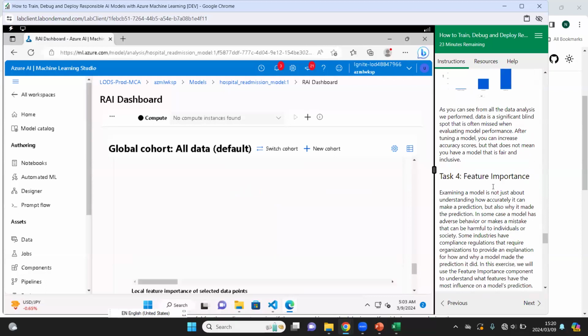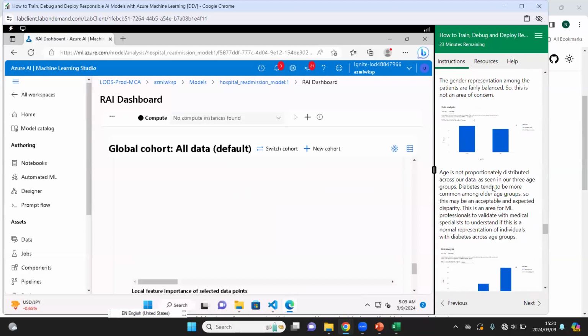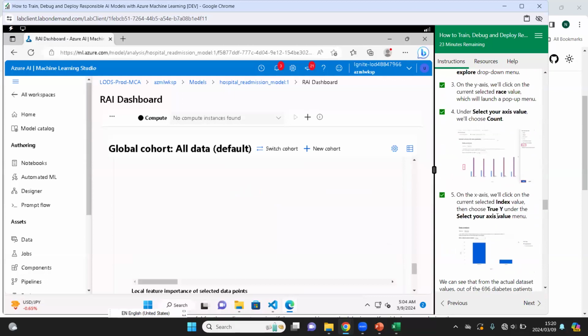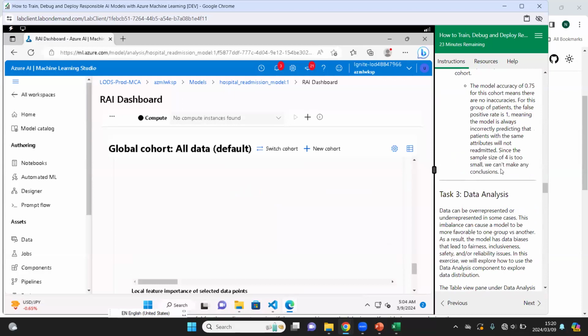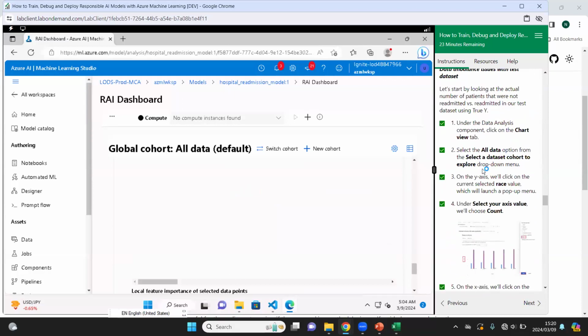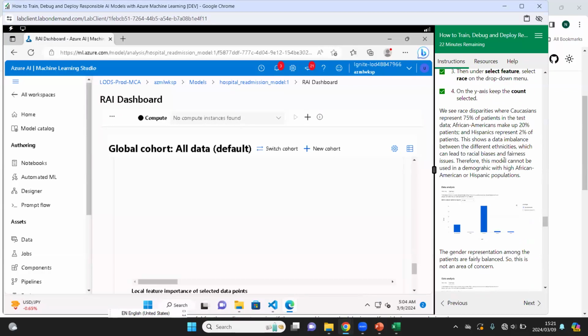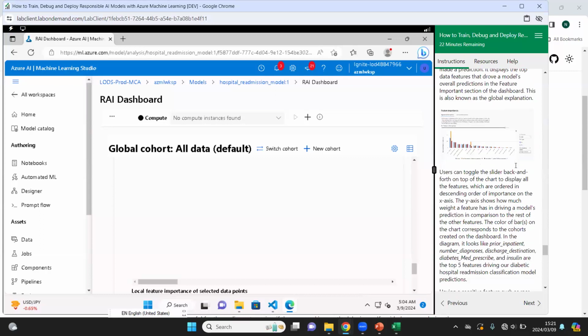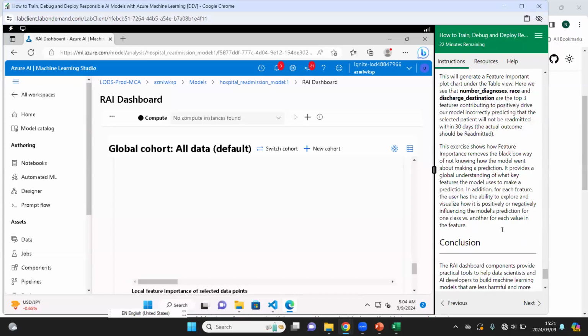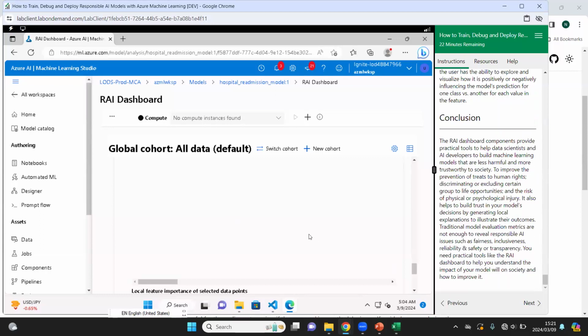We also did data imbalance issues with the test dataset and how it's affecting the model. Then we also covered sensitivity data representation and then feature importance. So basically that's it. Because of these errors that we are now facing, we need to move and complete this